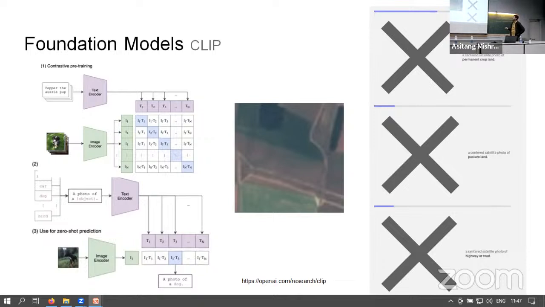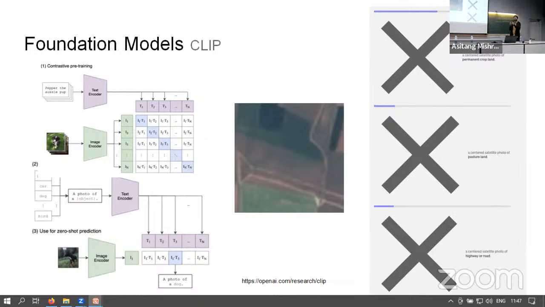So the learning task for contrastive pre-training is to maximize the diagonal scores and minimize everything else. So that's the learning problem in this case. And using this learning problem, they have trained their model. And once you've done that, the interesting thing about CLIP, what they claimed, was that before, when you use a discriminative model for doing some sort of classification, like classifying dogs and cat images, you need to have